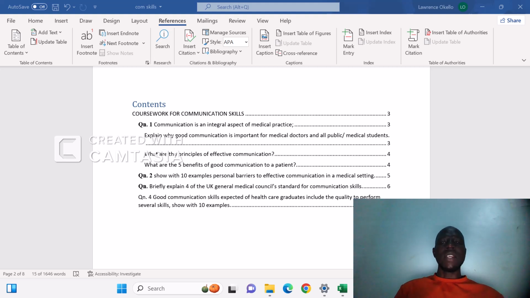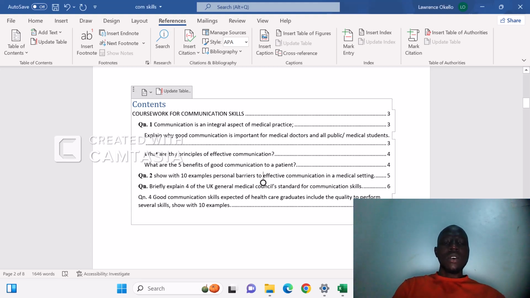So guys, you can see it takes you direct to where question 2 is within the document. So you can just try another thing. Maybe if I want question 4, I just put my cursor within the table of contents on question 4, and then I tap on the enter icon, and you can see